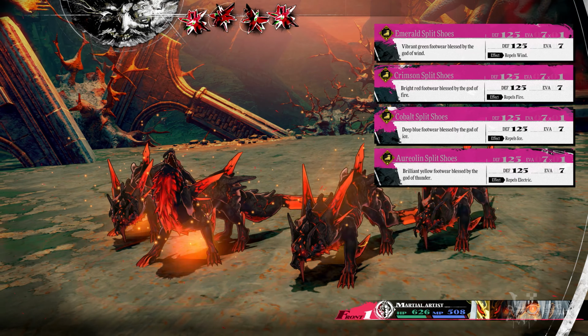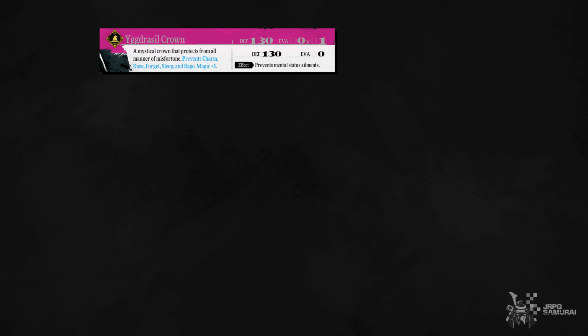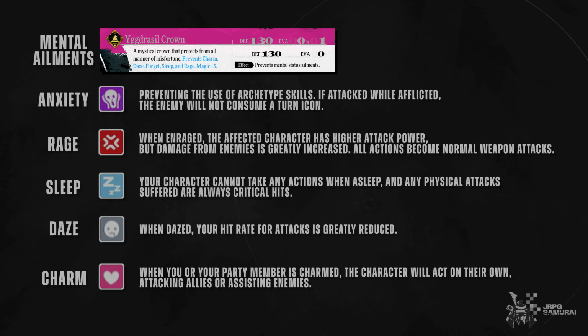You will get your hands on this great item when exploring the Disgraced Ruins. The top 4 spot will be taken by the Yggdrasil Crown, a legendary hat that adds 130 defense and can only be used by certain archetypes. Yggdrasil Crown is one of my personal favorites along with the next gear on the list, since this gear prevents